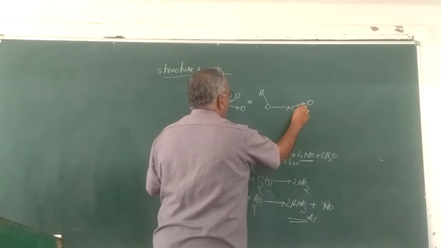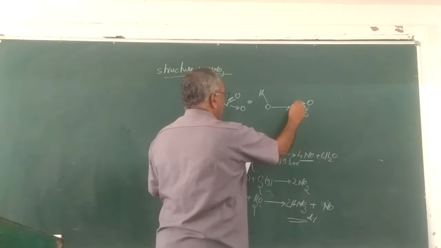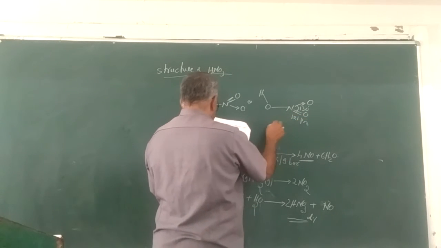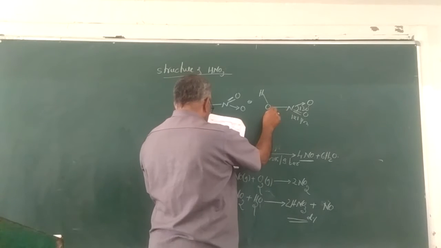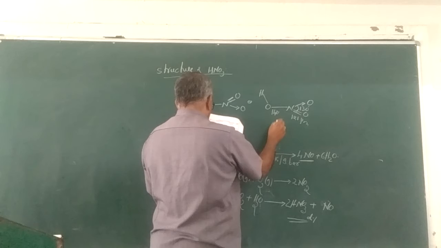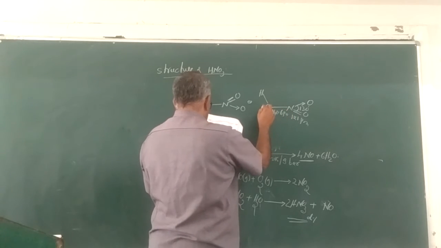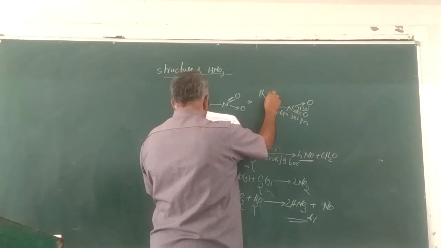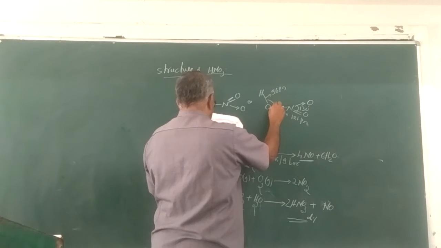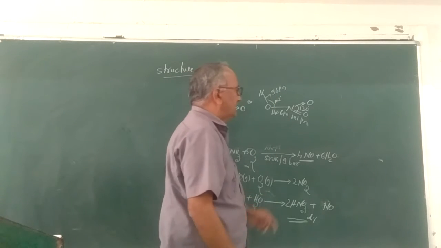When you observe, the bond angle is found to be 130 degrees and the bond length is 121 picometer, and the bond length between nitrogen and oxygen in the single bond is 140.6 picometer, and here the bond length is 96 picometer. Here the bond angle is 102 degrees. See the various curves.